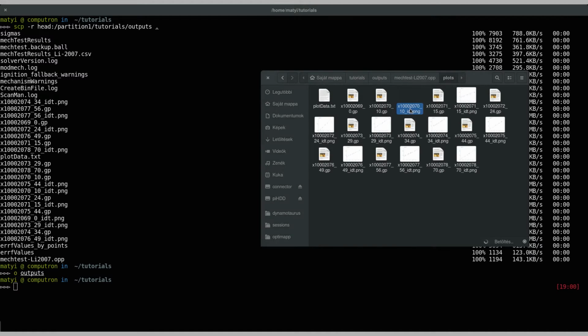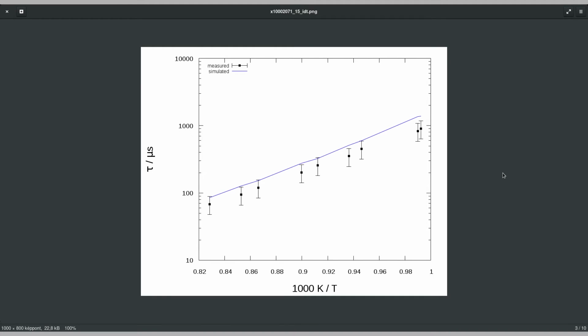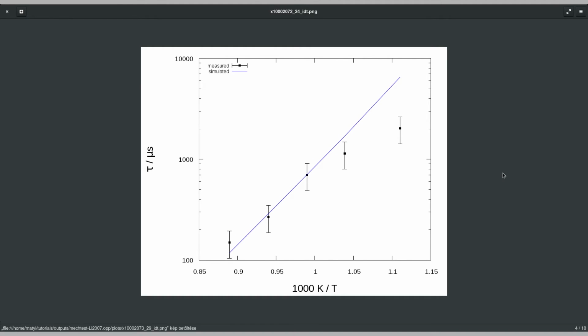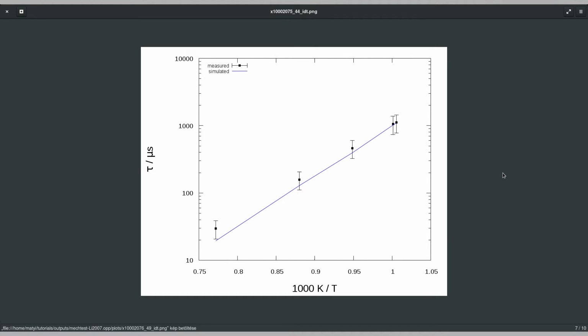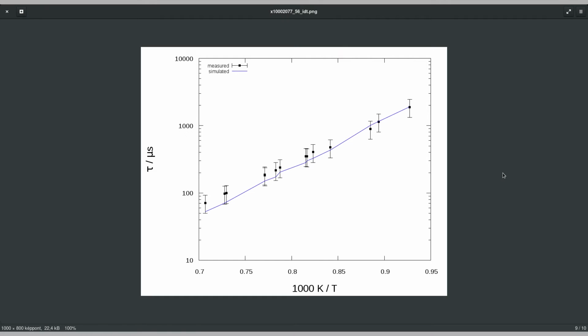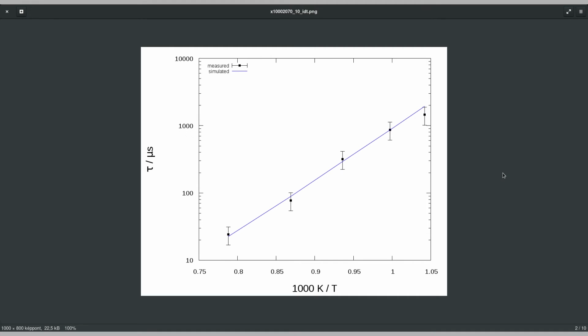If it is installed, Optima++ will generate comparison figures for each XML file referenced in the input file. As you can see, the Lee 2007 mechanism gave simulation results in good agreement with the experimental data.